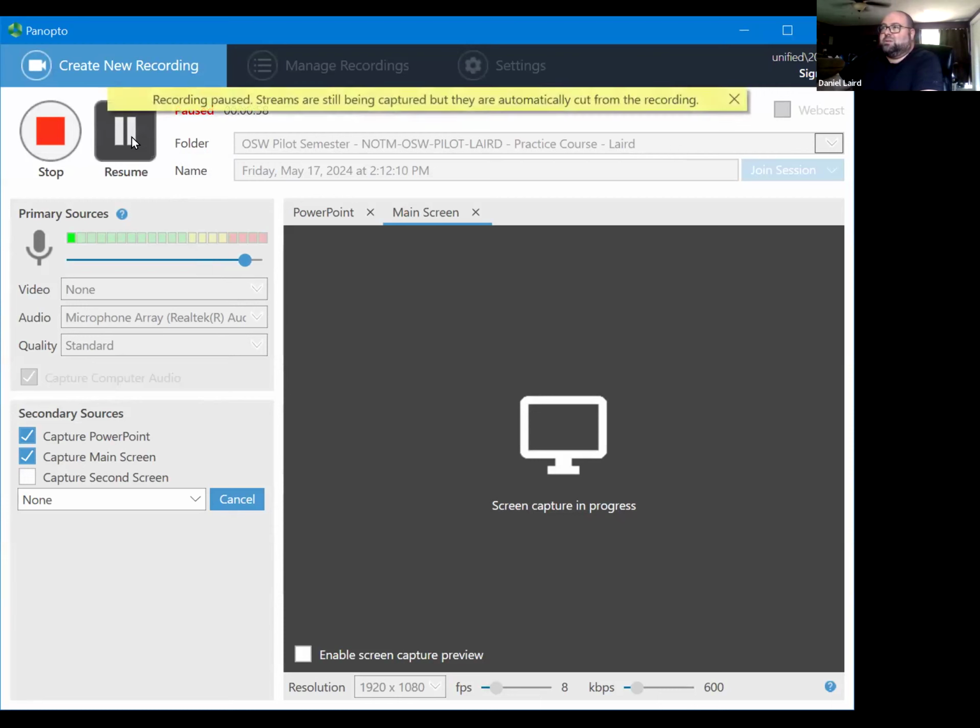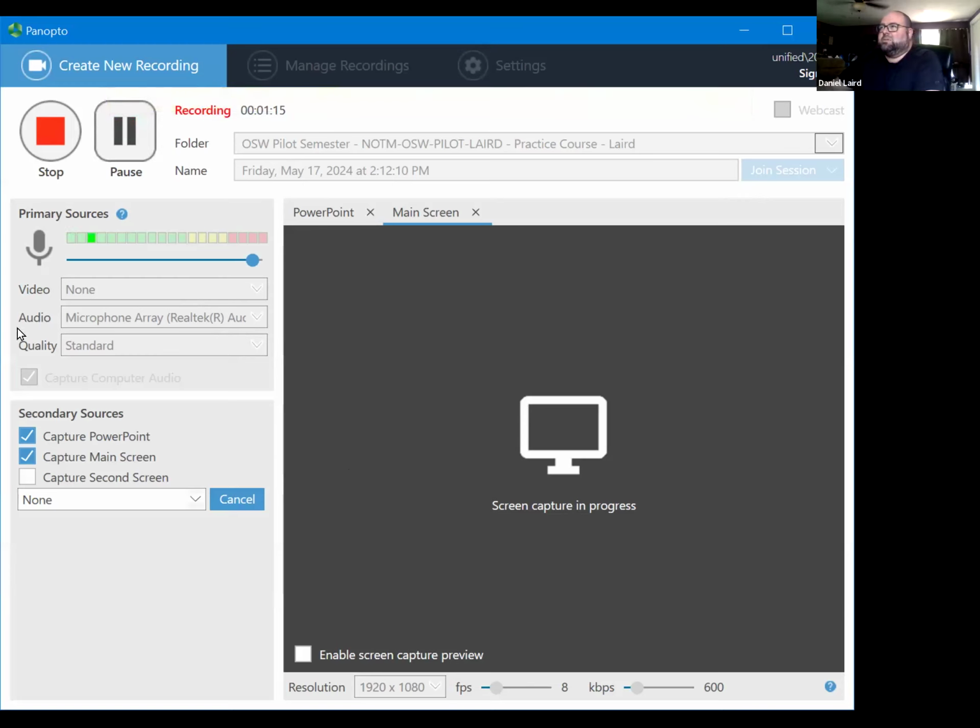So I'll show you kind of how that works. I'm going to pause this right here. I'm just going to give it like 10 seconds. You can see right here, it says streams are still being captured, but they're automatically cut from the recording. So that's kind of the gist of it. And then I will click resume, and I'm happy with that. So I click stop,